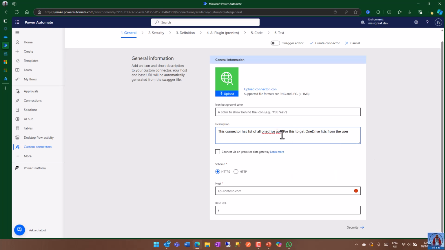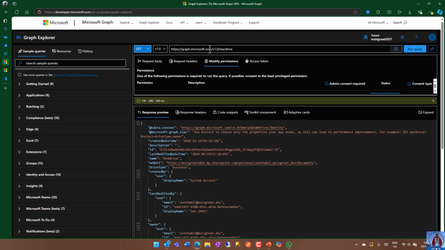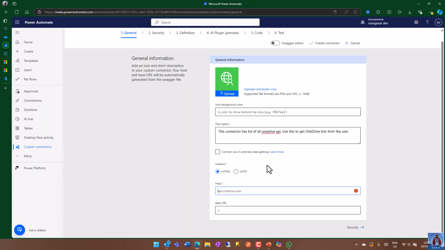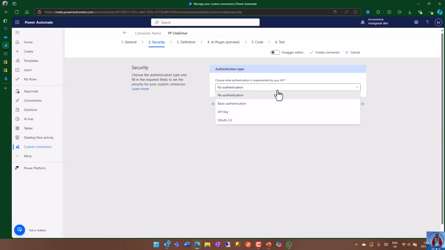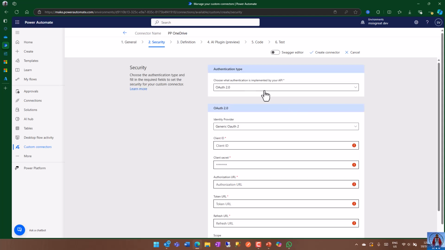Okay, done. And make sure that here you need to specify the Graph API, which is graph.microsoft.com. So copy this. I'm going to paste it here. graph.microsoft.com, sorry, and the base should be /. Now go to security and make sure that you have OAuth 2.0, and once you select OAuth 2.0, make sure